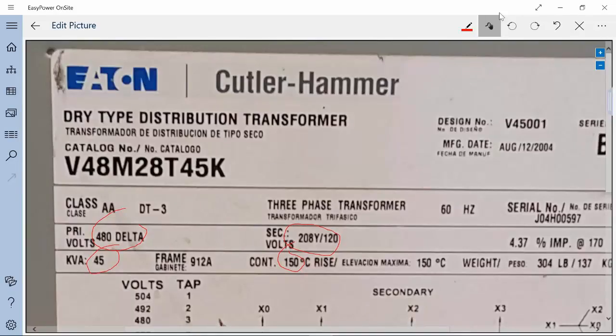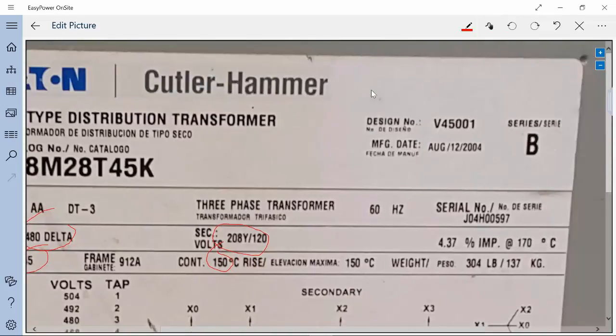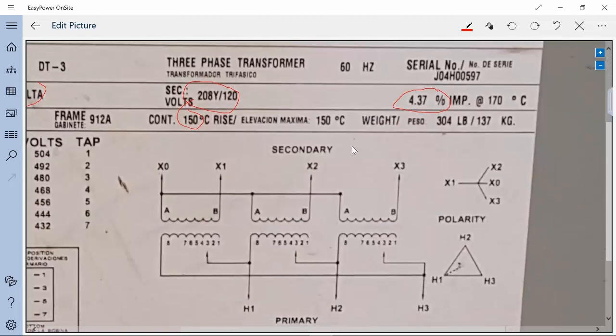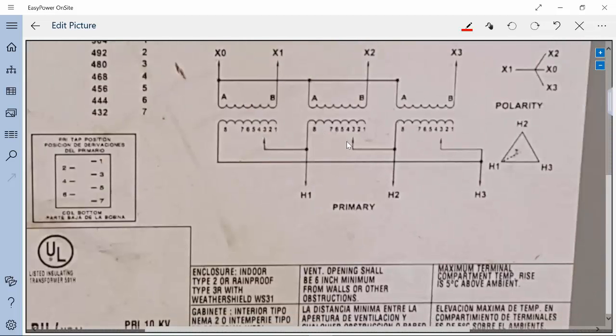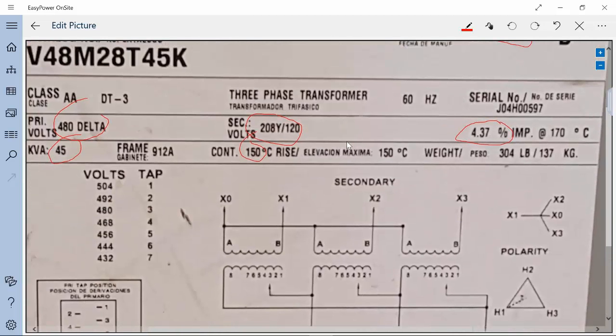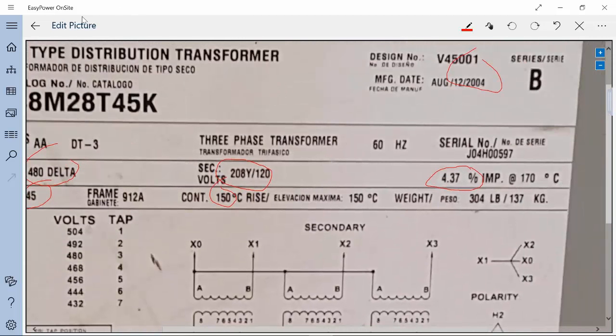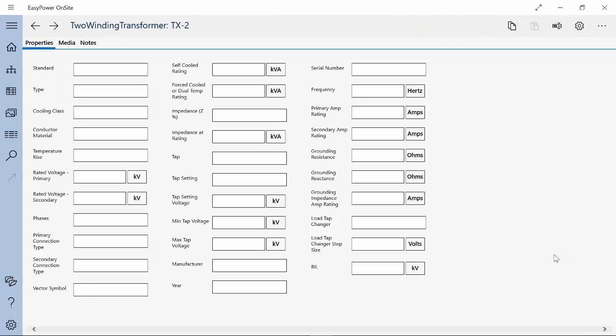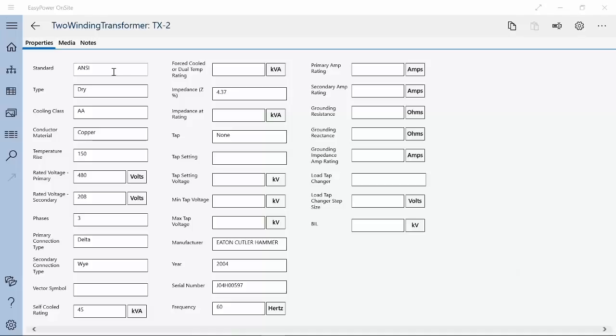It is built in 2004. Serial number, 4.37 ratio. What else am I missing? Nice thing about it is with this capability, even if I miss something, it's still available and I just have to refer to it as I step back. All right, I'm ready to take this information to my properties sheet for this transformer. So now that I've completed the transformer properties,